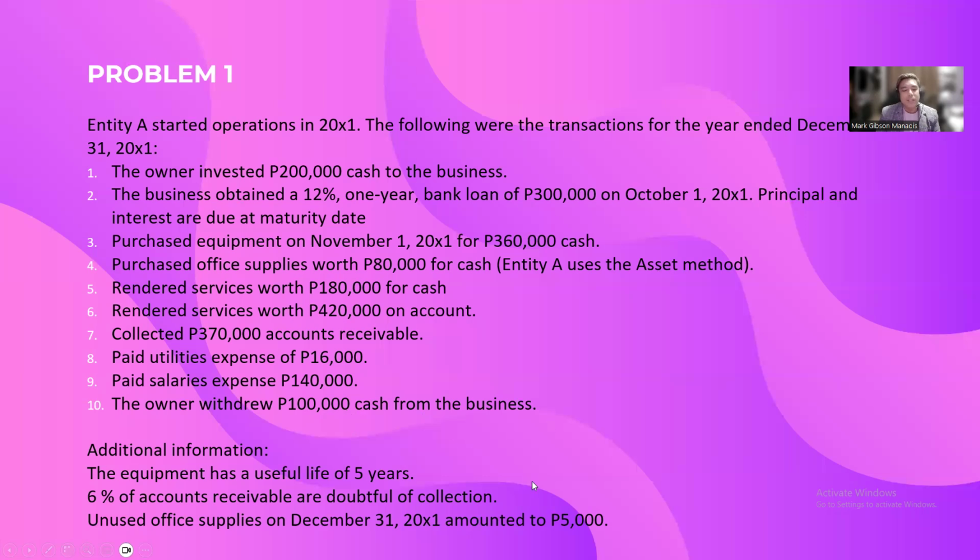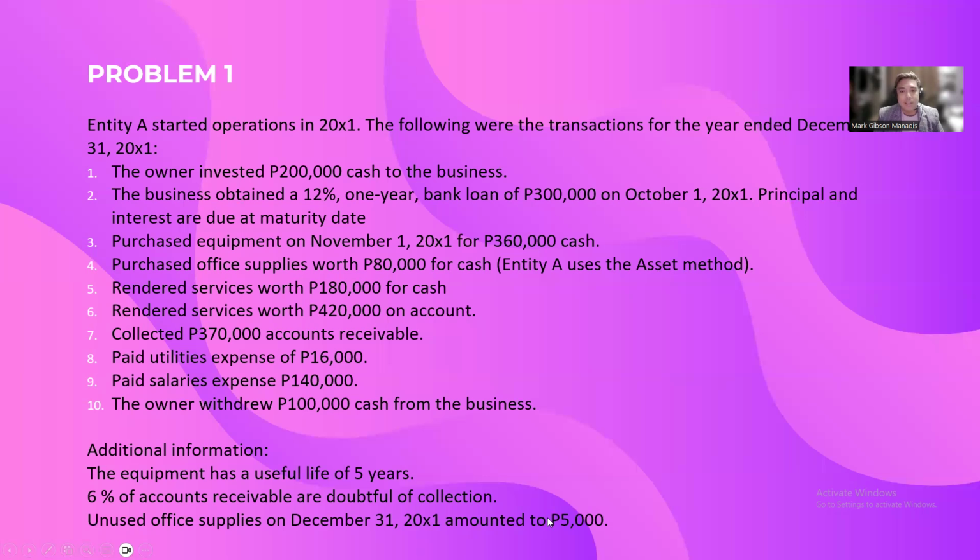Then there is other information. Number one, the equipment has a useful life of 5 years. 6% of accounts receivable are doubtful of collection. Unused office supplies on December 31, 20X1 amounted to 5,000. Okay, so